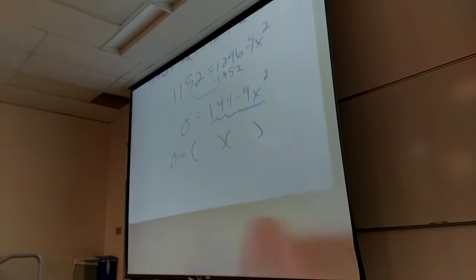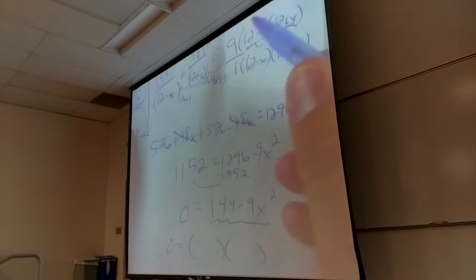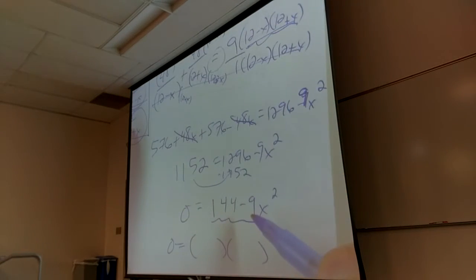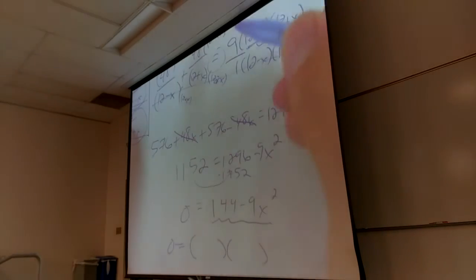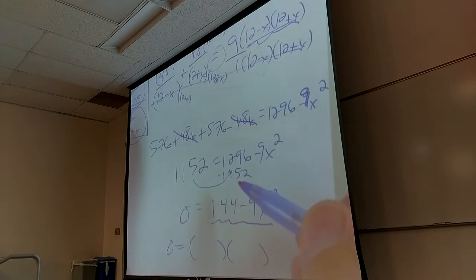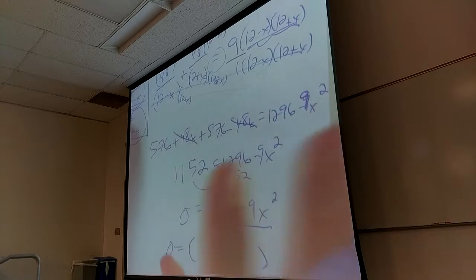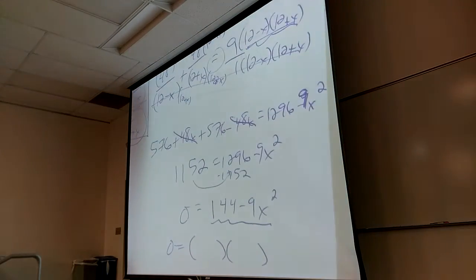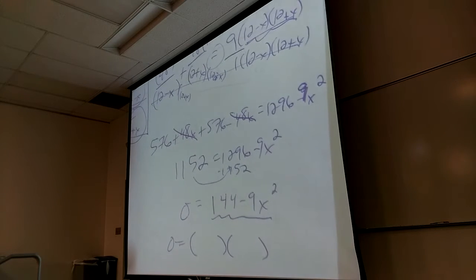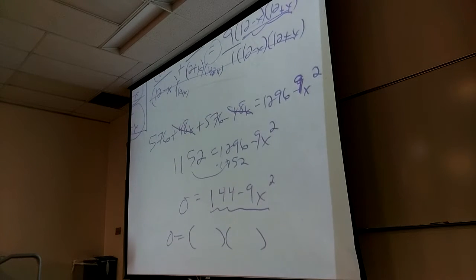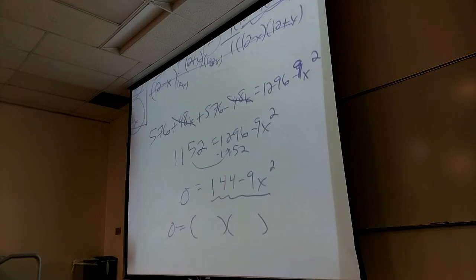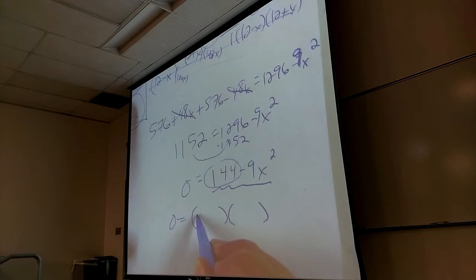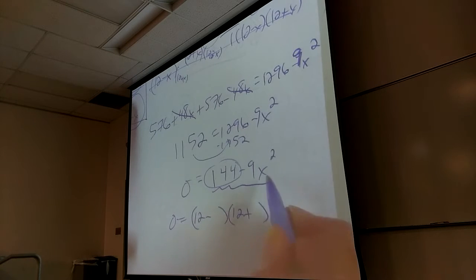See, there's something I want you to understand. I had no idea this was going to end up here. I had no idea this was going to end up here. I just let things happen and deal with them as they come. I think some of you guys try to force certain things to happen or feel like you're supposed to do more. No, you just let it happen. Yes? Can you move the negative 9x squared to the other side? Sure. Doesn't matter. It's going to be the same answer. So here I get 144 is plus 9x squared.